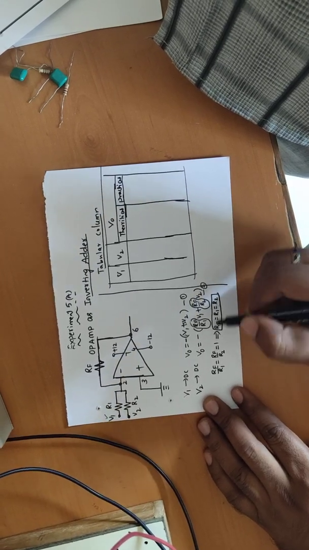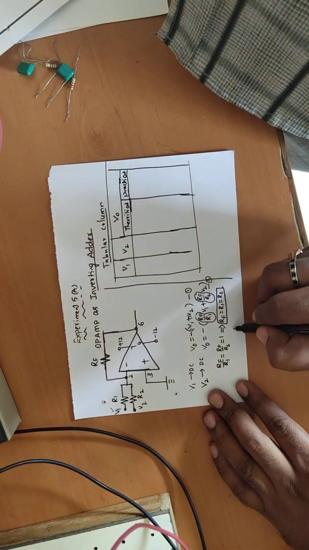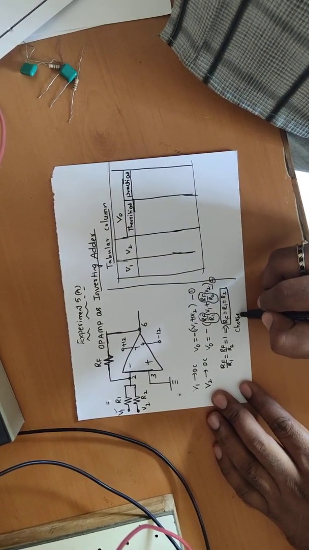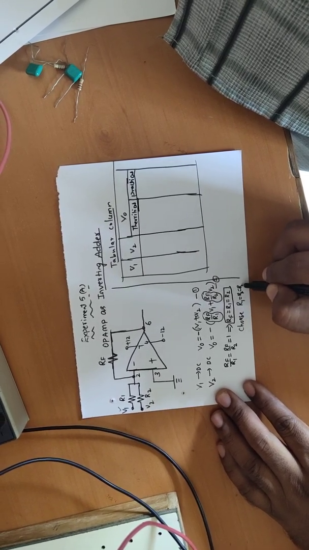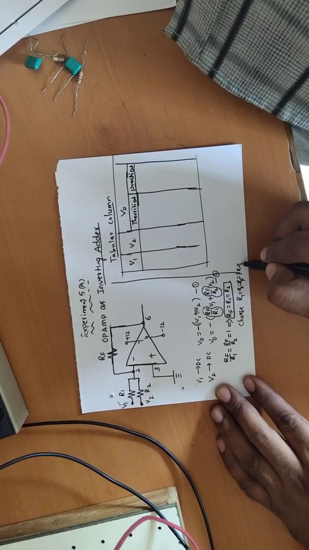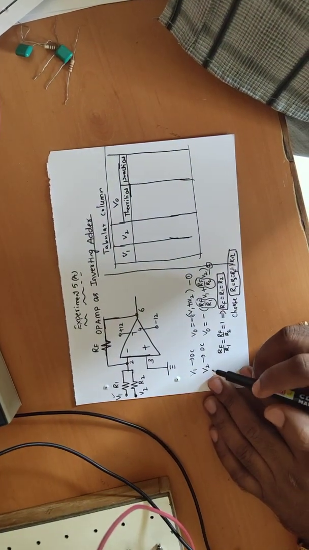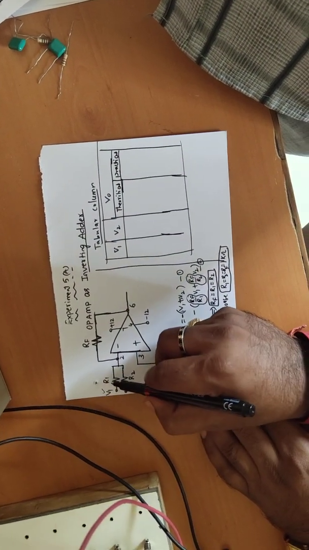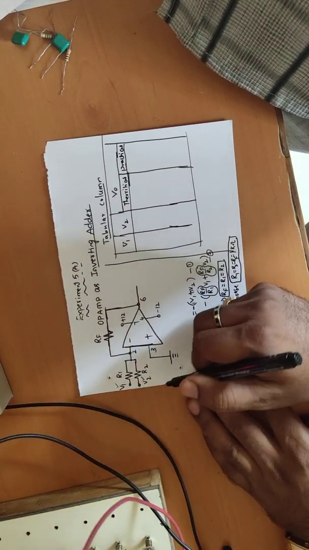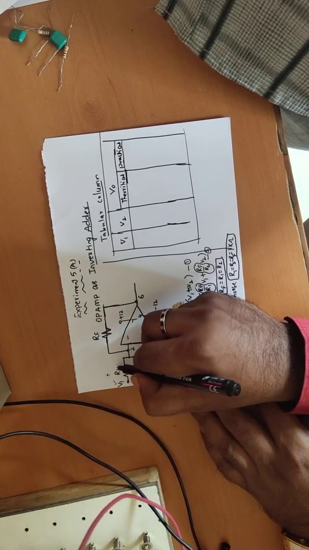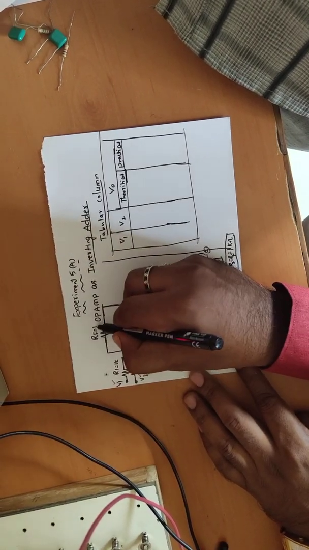So therefore I can choose any equal resistor for all the three resistors. So I can choose all these three resistor values as R1 equal to R2 equal to Rf equal to 1 kilo ohm standard resistor. Now with these three resistor values, I am going to demonstrate the working of the op-amp as inverting adder by considering two external DC voltage signals V1 and V2. So the value of R1 is 1K, R2 also 1K and Rf also 1K.